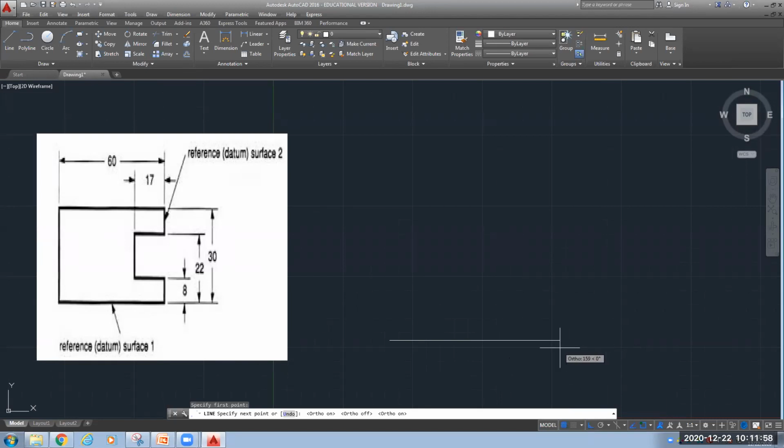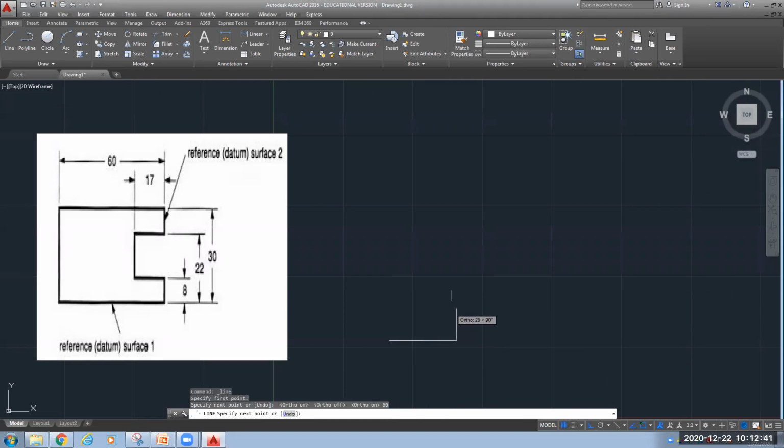Now, what is the length? If you see the length in horizontal direction, at the bottom it is not written, but at the top here it is written 60 units. So I will go in this direction. I will keep my cursor on this side and I will simply type 60, meaning I am specifying the length. The fourth method we studied in our coordinate system, dynamic input, direct distance entry. It is also called dynamic allocation of the points. So I have entered the length as 60 units. Then I press enter.